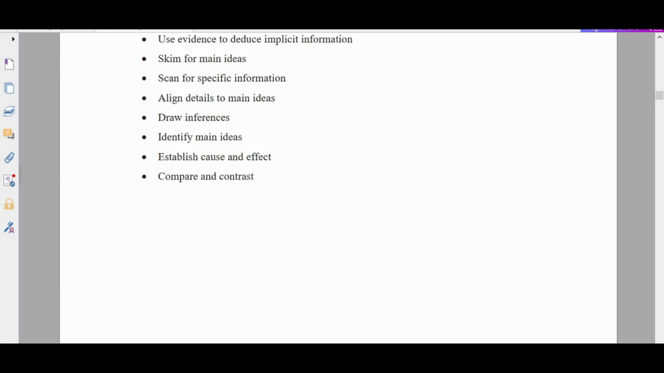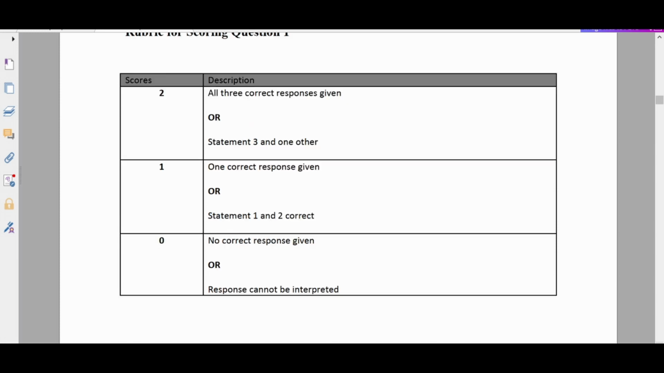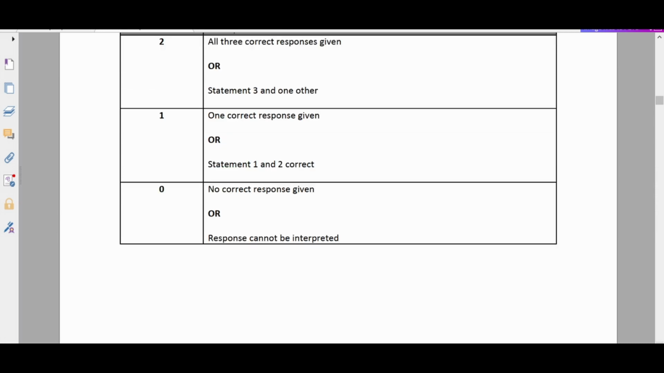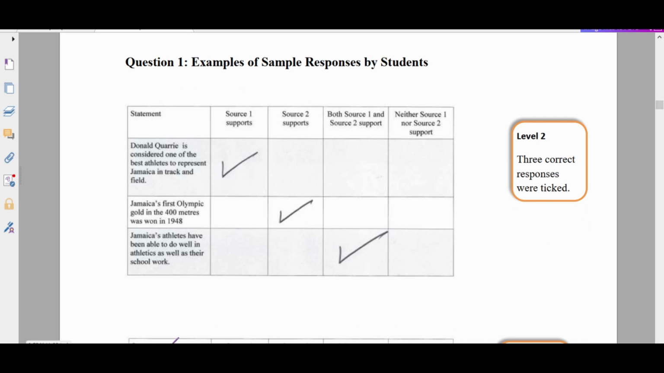So let's go on now and see here. They gave the rubric here. Scores here. This is talking about how they scored it. And let's go. So it says here, this is samples of the responses. Here we go now. So Donald Quarry is considered one of the best athletes to represent Jamaica in track and